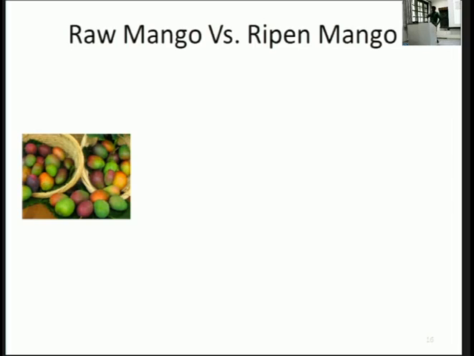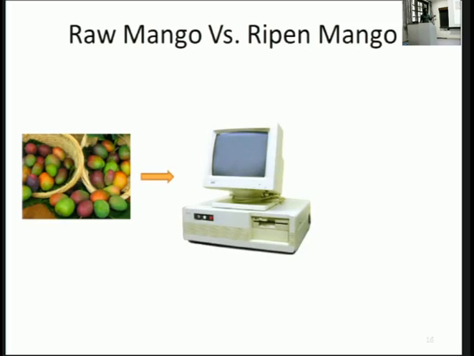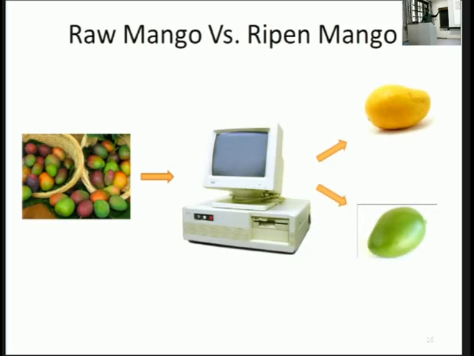Assume that there's a farmer. I'll just give you an example of how machine learning works. Assume there's a farmer, very rich, he has a lot of mango farms, right? So he has raw mango and ripened mango. The raw mango goes to the vegetable stall and the ripened mango goes to the fruit shops and fruit stalls, right? So he wants to separate the raw and ripened mango. He wants a system to do it because it's manual labor and you don't want to do that. You want a computer to decide, given a mango, if it is raw or ripened. You want to make a system like that, okay?